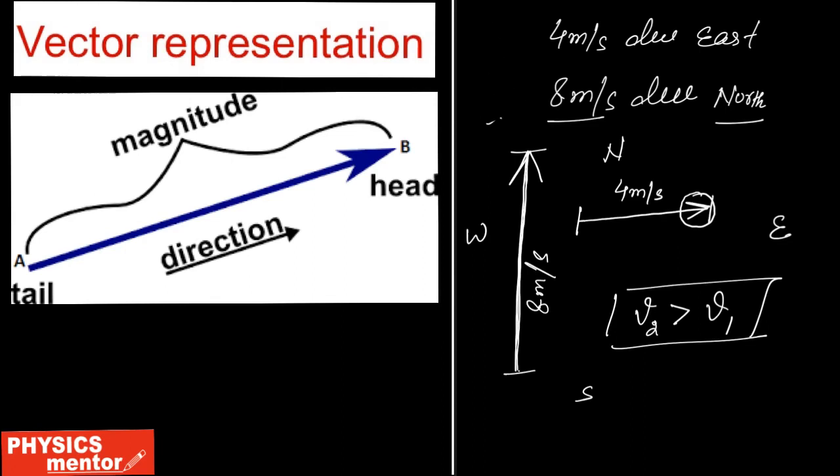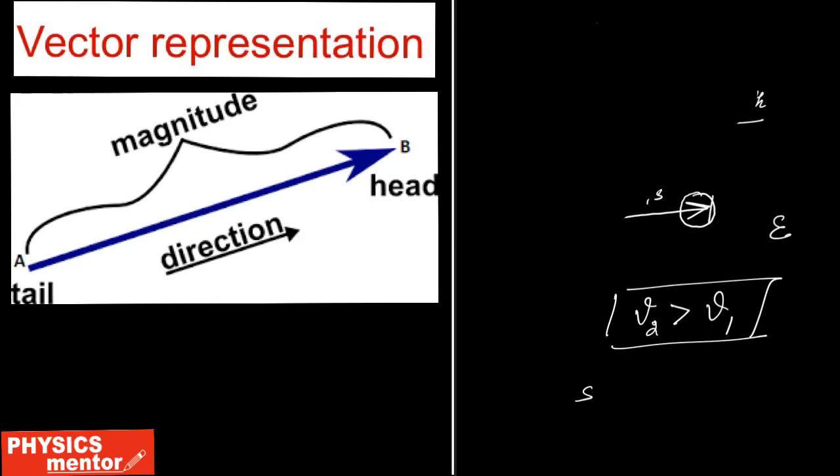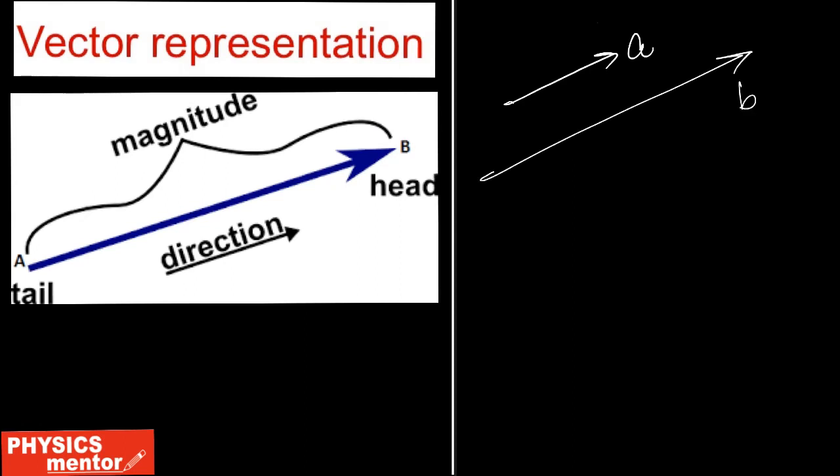Now if I draw two vectors, can you compare them? Suppose we are given two vectors, a vector and b vector, like this. Suppose this is our a vector and this one is our b vector. If I ask you which vector has greater magnitude, can you compare these two vectors by looking at them? Can you see this vector a has a smaller length than this arrow b? So we can say the magnitude of b is more than the magnitude of a.